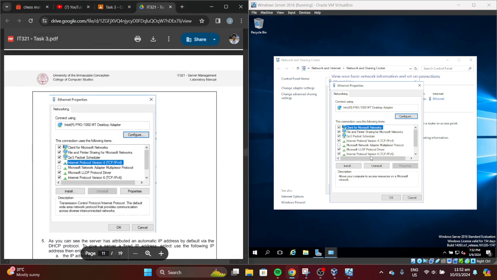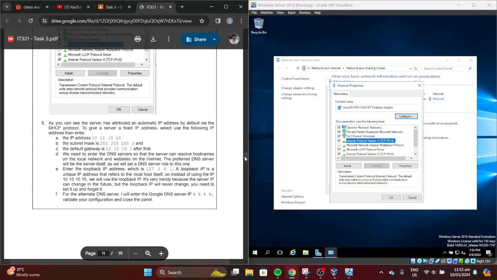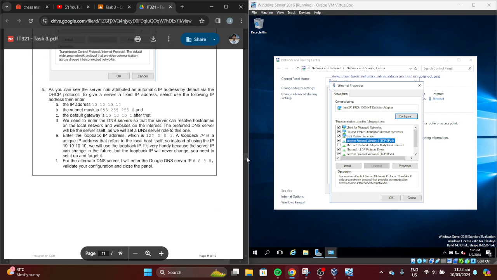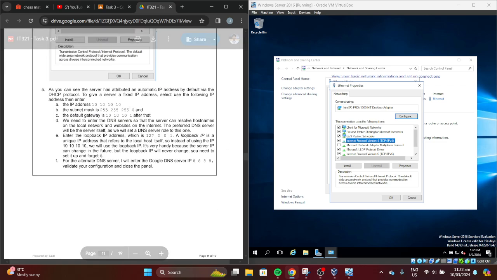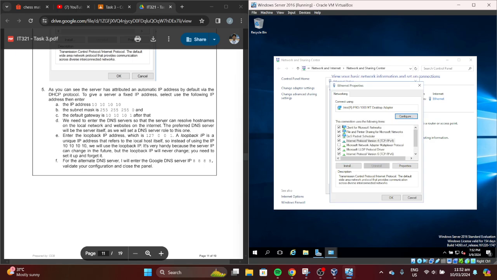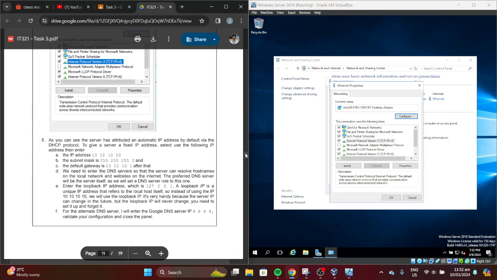Then TCP/IPv4. Then configure. As you can see, the server is distributed an IP address by default via DHCP. To give a server a fixed IP address, select Use the following IP address, then enter.